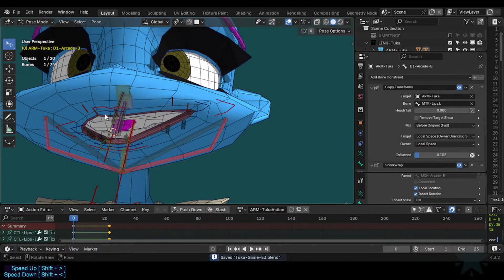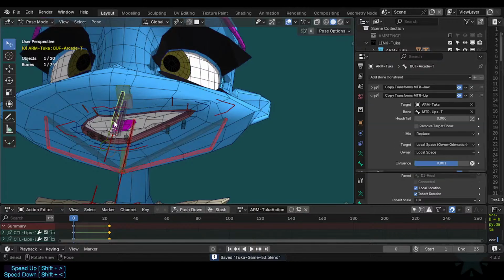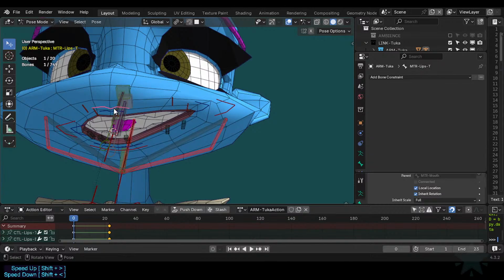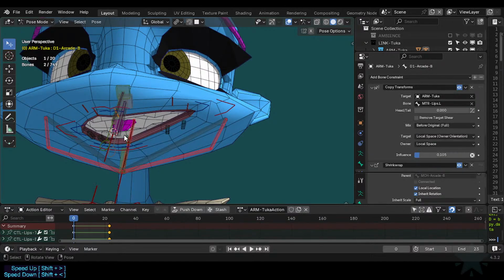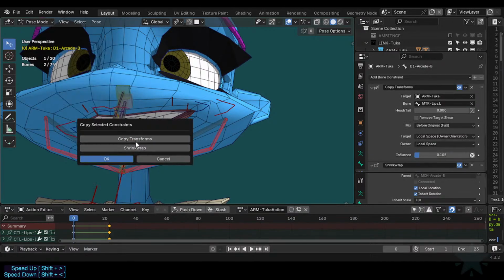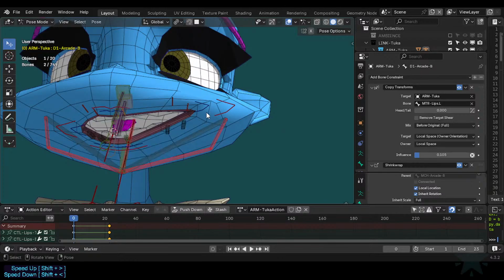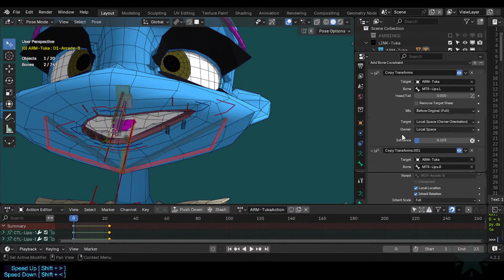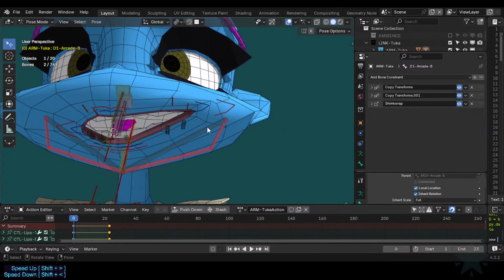We're gonna reproduce it for this one. And then I'm gonna duplicate that and make it, they will stack proportionally, so this is good, and this one will